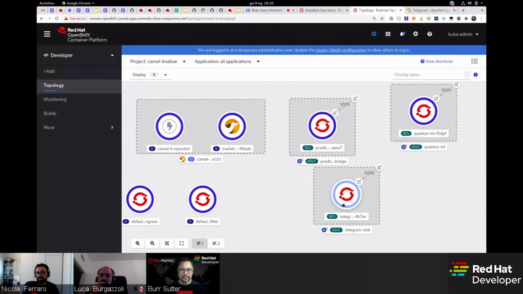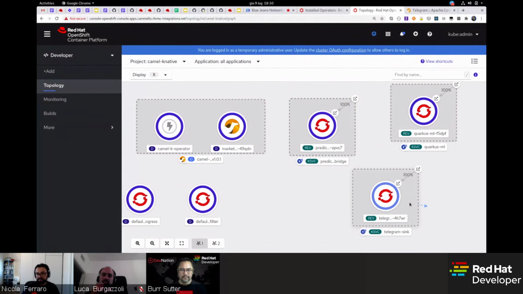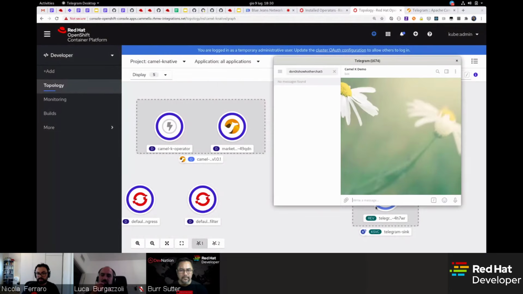So this Telegram, okay, now we have a prediction. You see here in the log. The Telegram event starts, and if we go to the Telegram chat, we're going to receive the prediction to buy. Yes, you have to buy Bitcoins because the price is now increasing. So this is also a suggestion for you if you want to take it. Okay, so this completes the picture, and we can go back to the presentation